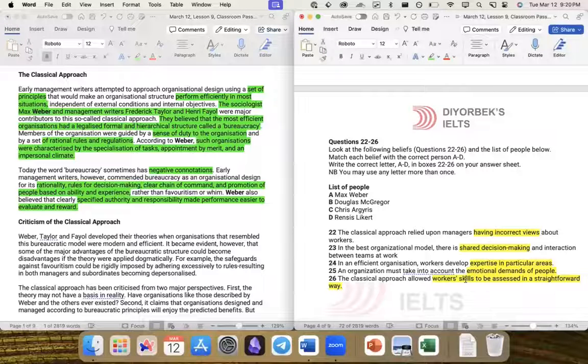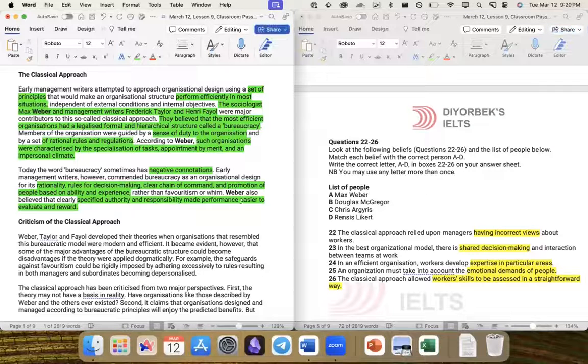26-savol. Skills degani bu yerda Weber also clearly specified responsibility made performance degan skillsga sinonim bo'ladi. Easier to evaluate esa assess straightforward ga sinonim bo'ladi. Shu uchun 26-savol javobi nima bo'ldi? 26